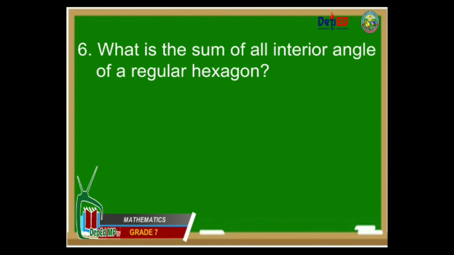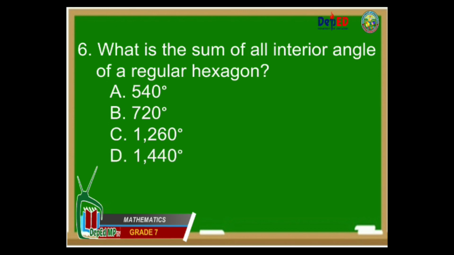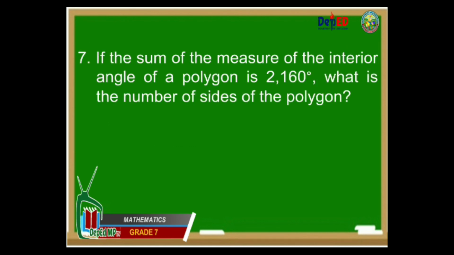Number 6. What is the sum of all interior angle of a regular hexagon? Letter A, 540 degrees. Letter B, 720 degrees. Letter C, 1260 degrees. And letter D, 1440 degrees. Number 7. If the sum of the measure of the interior angle of a polygon is 2160 degrees,